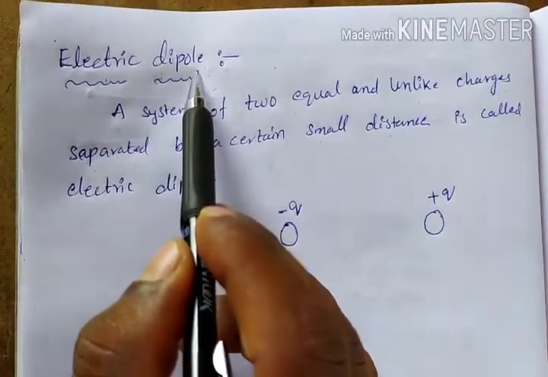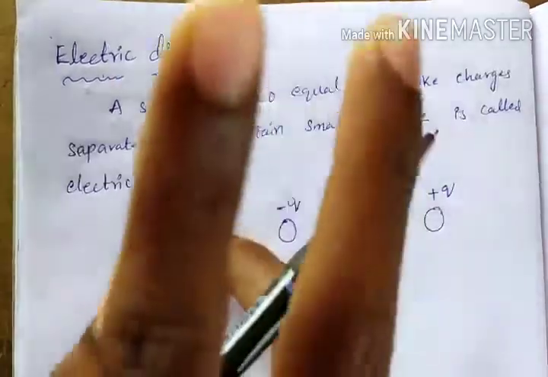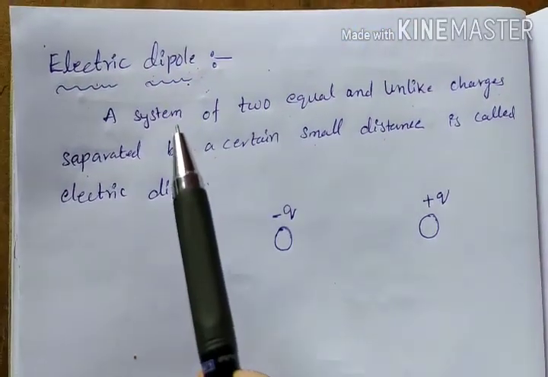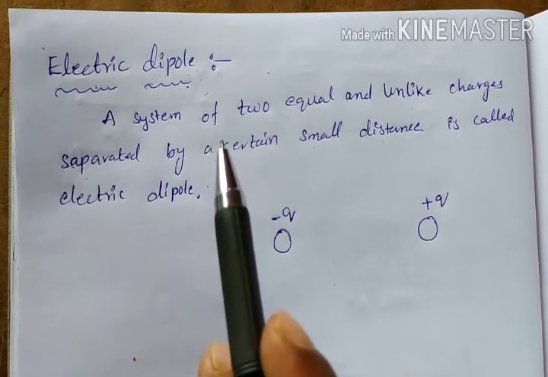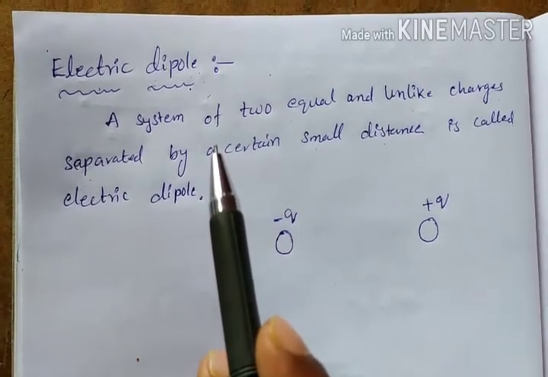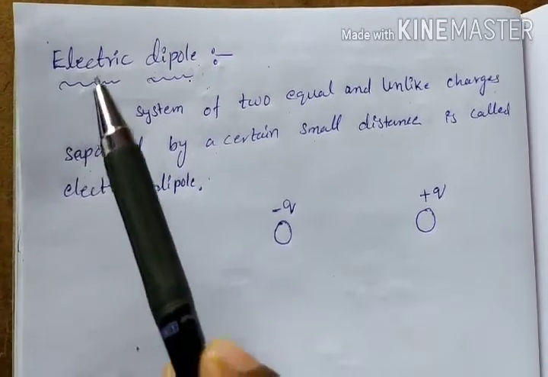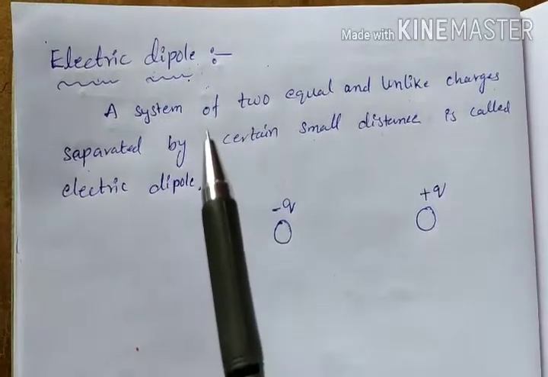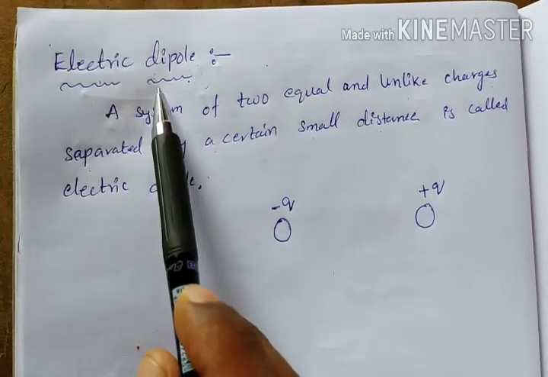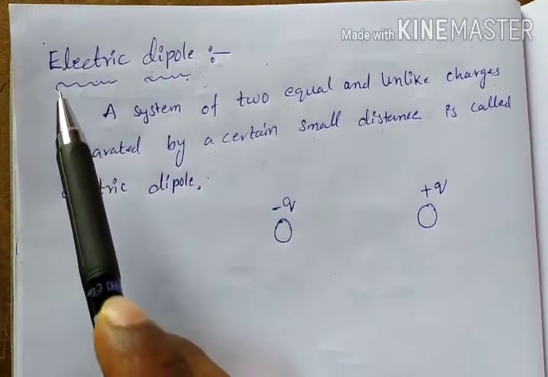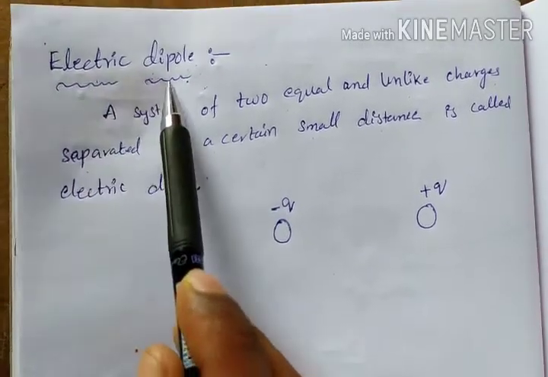Dipole means, in the name there is "di", which means two, whatever things we are taking, two. For suppose we have some magnet. A magnet carries two poles, right? North pole and south pole. Similarly, whatever two kinds of materials carry this kind of property, we can call it a dipole. So now we are discussing completely the electric dipole.